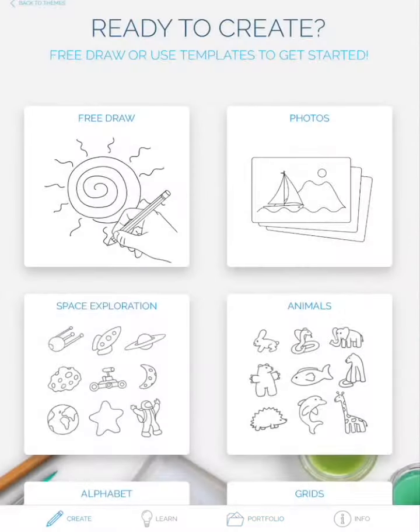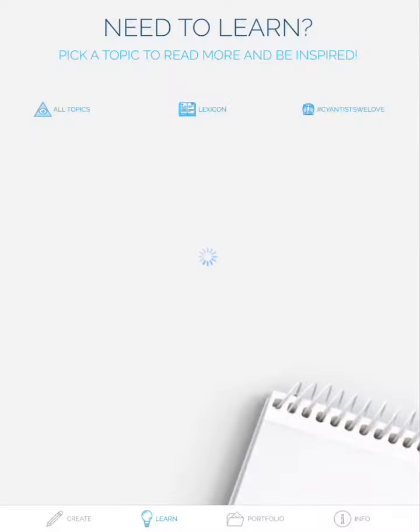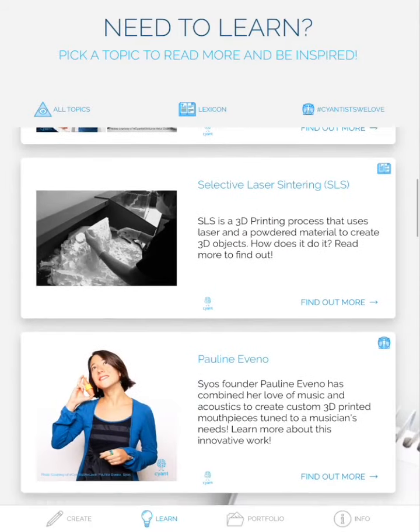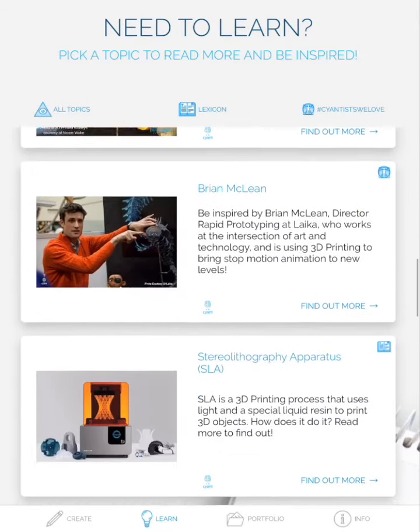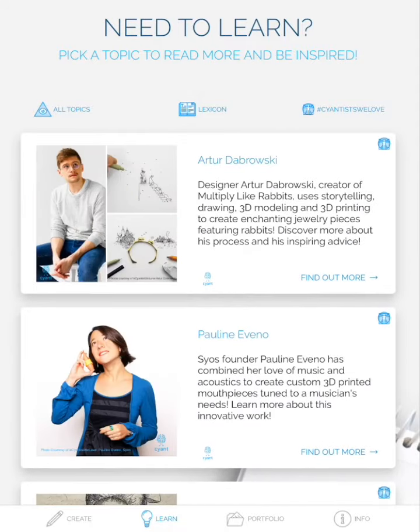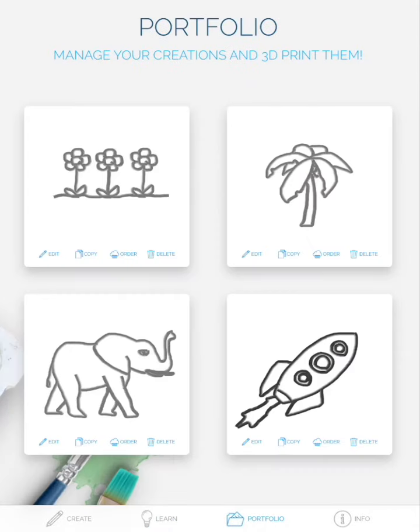prints of your 3D models through a 3D printing service linked in the app. And if you are new to 3D printing and need to learn more, head over to the Learning Zone. There you will find a lexicon of important concepts to know about 3D printing, as well as stories from Scientists We Love, who share how they use 3D printing in amazing ways through their work in healthcare, animation, 3D modeling,